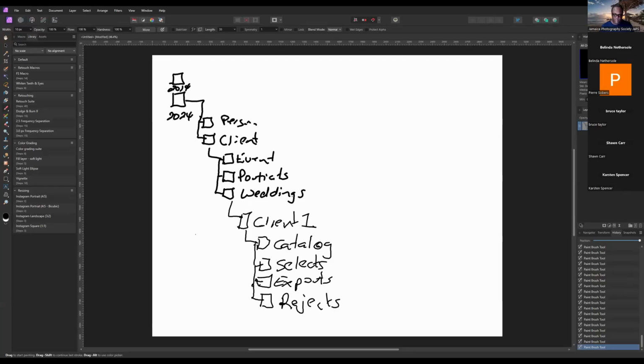Is there any part of this that you don't understand, anything that you would want to be clarified? I think this is an interesting way to do it. I like how it's organized. I think to make it even simpler for people who might not shoot as many clients or shoot as often,